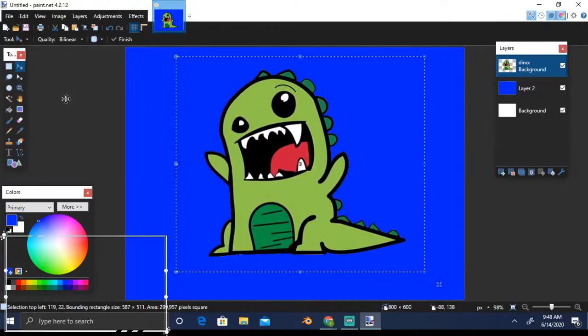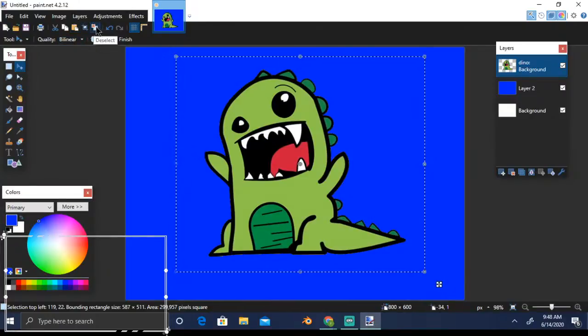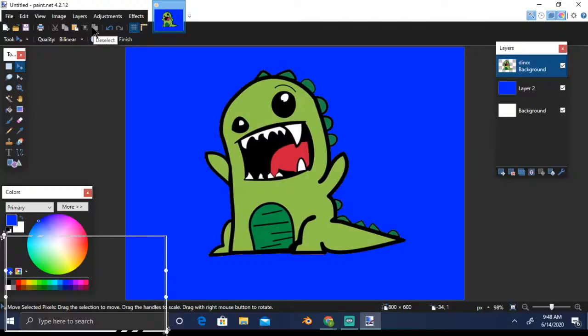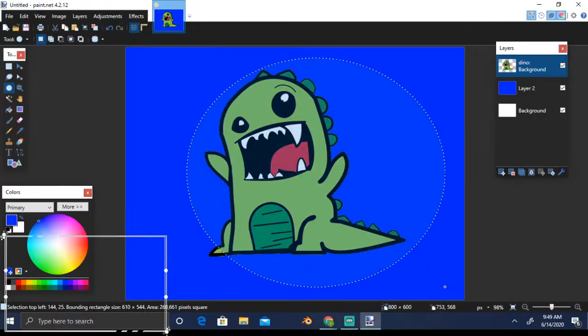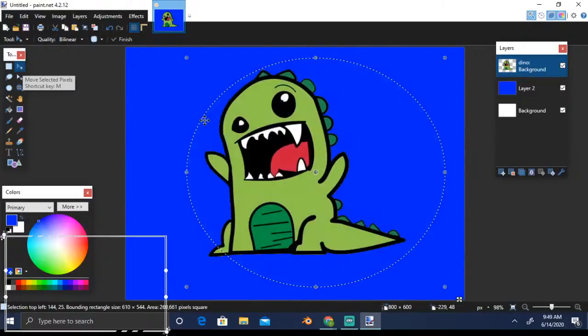This is the square select tool, and there are some other tools also for selection. There is this little option here, you can click here to deselect, or just press the escape key, which also deselects the image. Let's go to the lasso select tool, another selection tool. But before lasso, let's go to the elliptical select tool. These have preset sizes, so you can create a circle or a square selection using these tools. The lasso tool is a bit different.